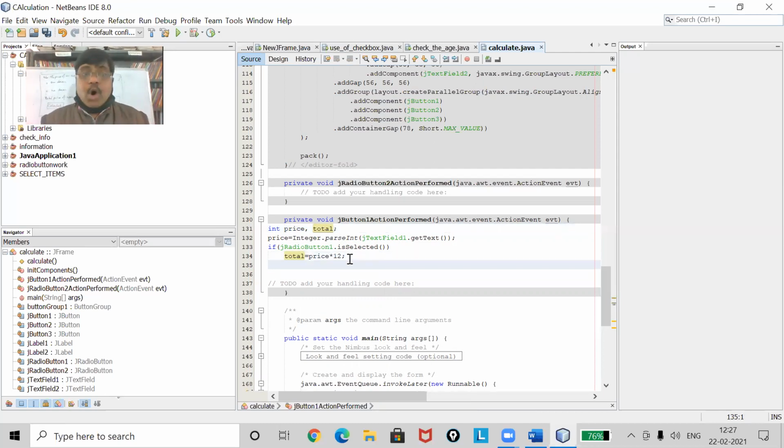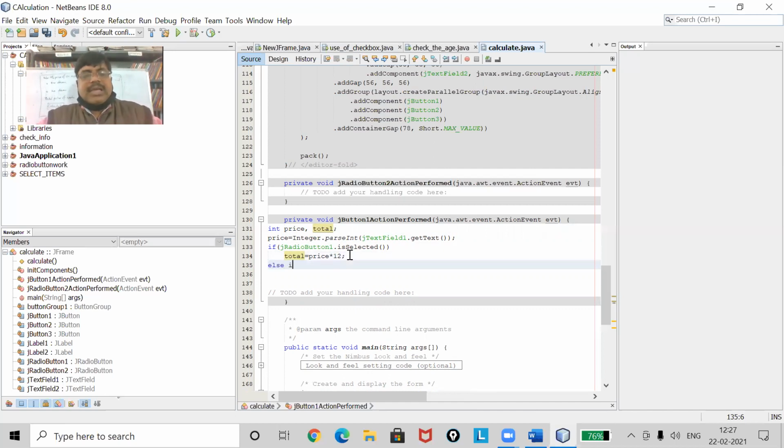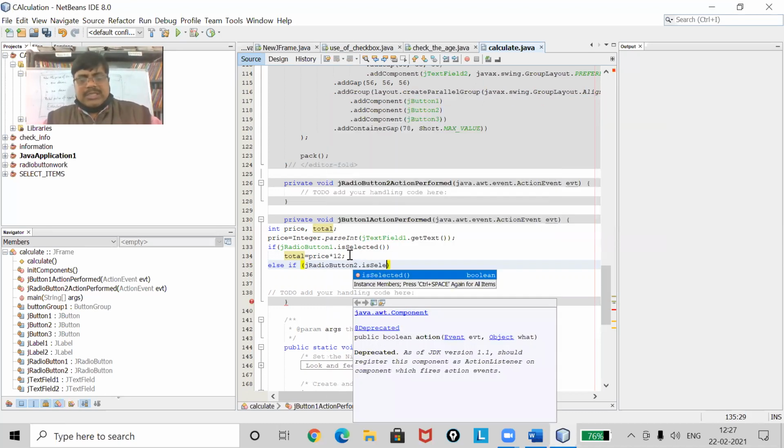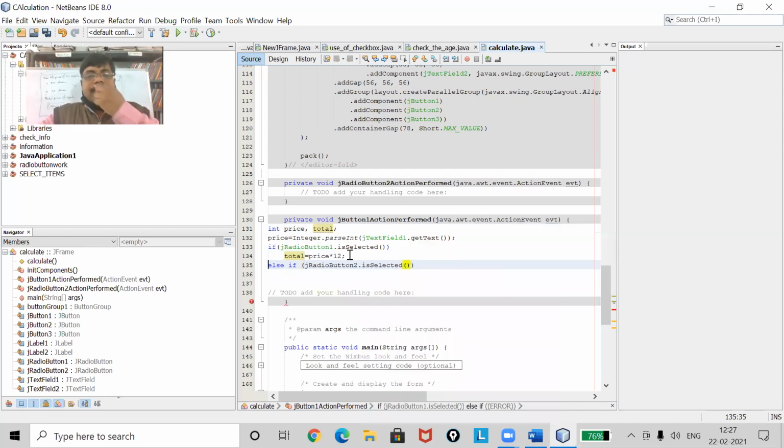Now there will be one more condition for my radio button 2. So in that case, I will use else if jRadioButton2.isSelected(). Okay.